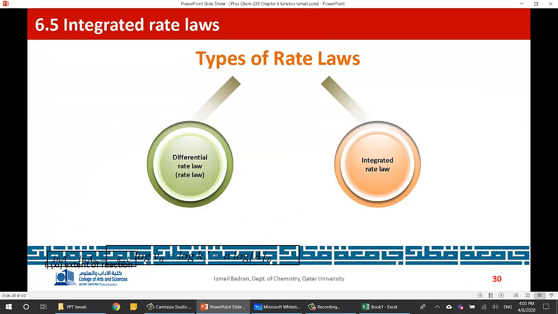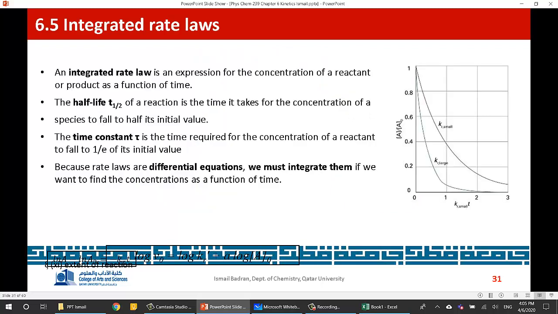Okay, now we finished talking about the method of initial rates. Now let's move on and talk about the integrated rate laws and the differential rate laws. The differential rate laws are the ones we've been talking about since the beginning of the chapter, but these laws are not very practical to solve kinetics problems. That's why we need to integrate these laws and obtain some formulas that make it